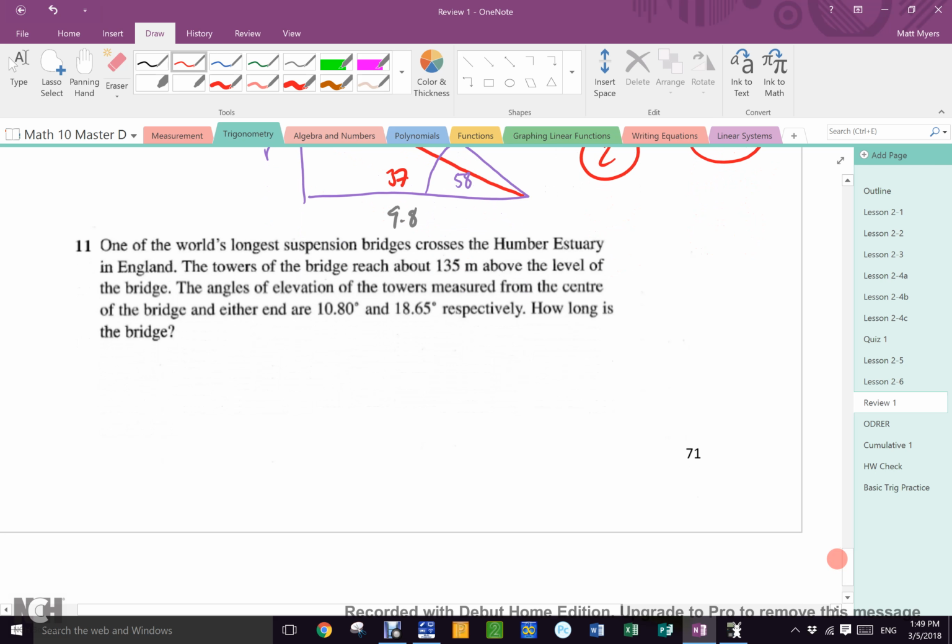And finally, one of the world's longest suspension bridges crosses the Humber estuary in England. What's a suspension bridge, Mr. Myers? You're right, I never taught you that. But I have taught you that not knowing something is the exact same as knowing it, because the only difference between not knowing it and knowing it is 10 button pushes on a keyboard. And when you do that, you see that, or you ask somebody, because almost every bridge around us is a suspension bridge. The Lionsgate Bridge, the Golden Ears Bridge, the Port Mann Bridge, the Capilano Bridge is a suspension bridge,